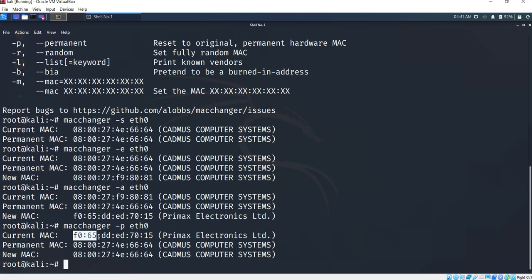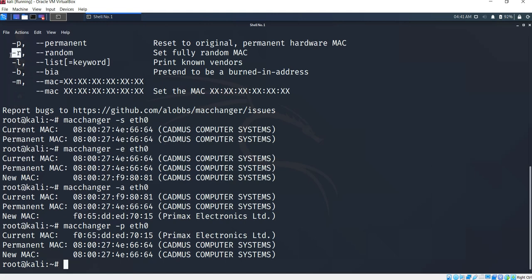The previous address was this one, and the permanent MAC address, we know, is this one. So it changed to the permanent MAC address. By typing macchanger -p and the NIC device name, that is eth0, we can get our permanent MAC address.